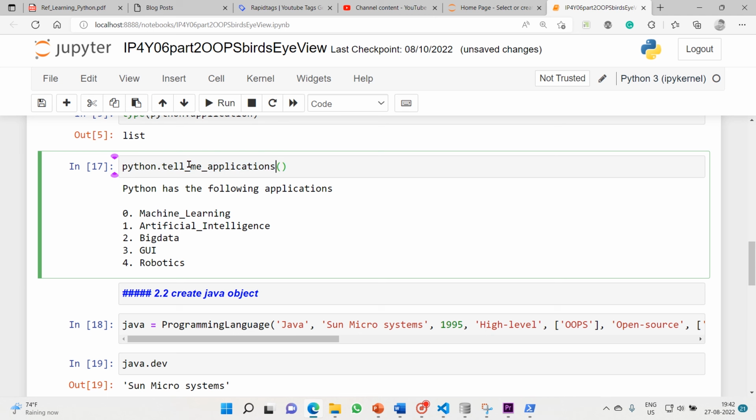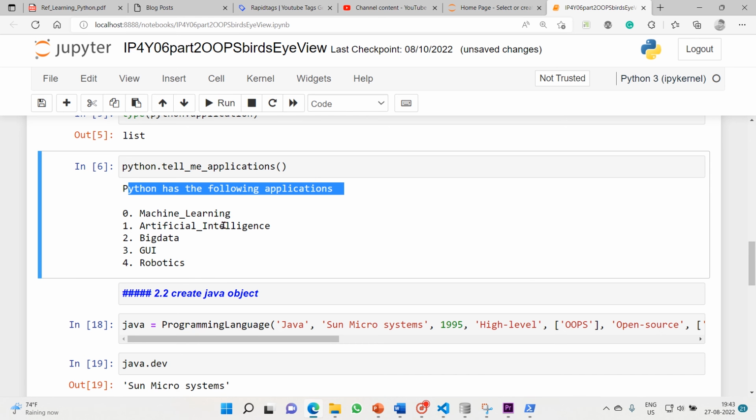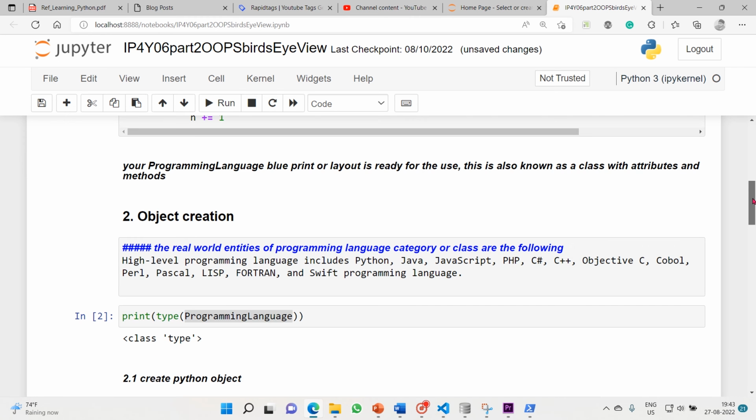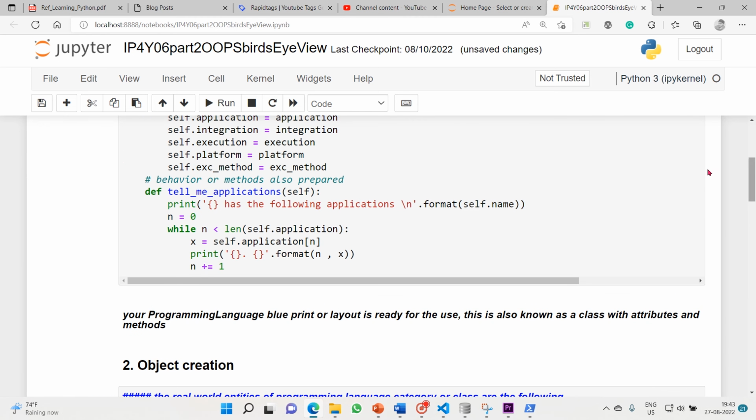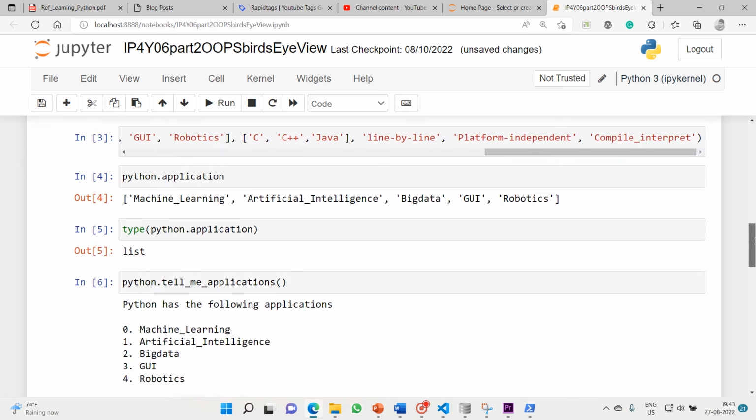Which object? Python. Let me check what the applications are. See here, Python has the following applications: machine learning, artificial intelligence, big data, GUI, robotics. If you go back, I have laid out this behavior, the tell me applications behavior, in my blueprint. That's the reason I am able to get this